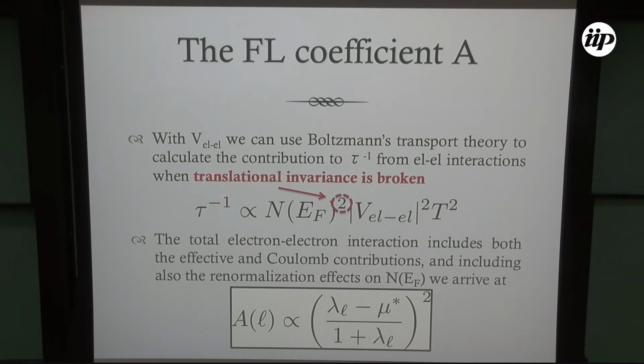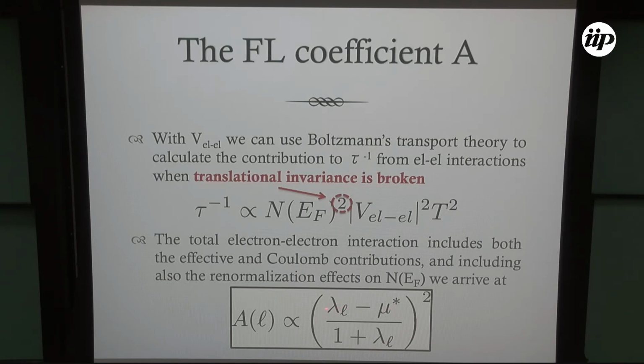Now I need to connect the transition temperature with A. And the thing is, remember that translational invariance has been broken. I do not conserve momentum. I have at my disposal all possible k states as initial states, all possible k states as final states. The inverse scattering time goes with the square of the density of states, the square of the matrix element, and the temperature squared. So I can put this inside. And I remember that N(EF) times the interaction, including now the attractive and repulsive interactions, and renormalization of the density of states,